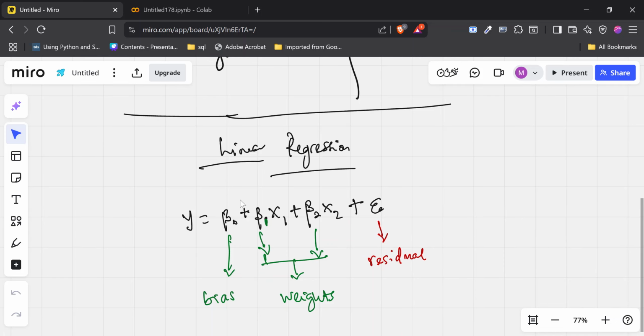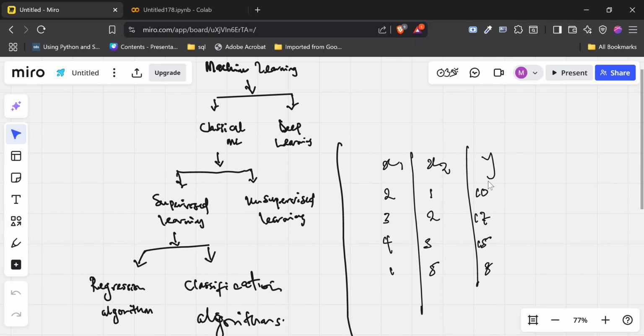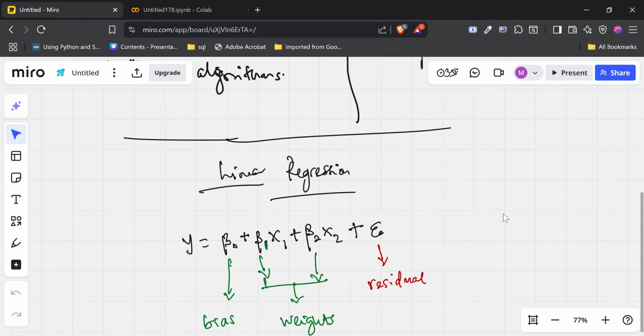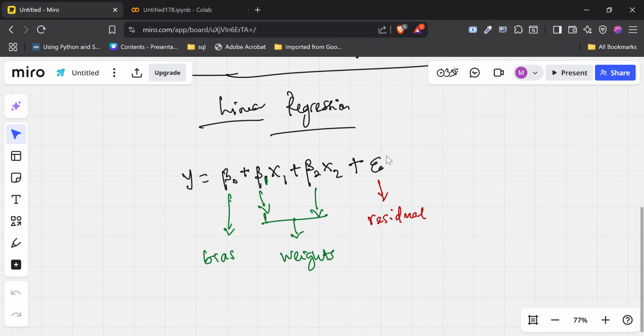So what we need to solve for is beta naught, beta 1, and beta 2. And we are going to have some solution that takes us to this close value, and we are only going to be wrong or off by a value of this residual that we really cannot model.